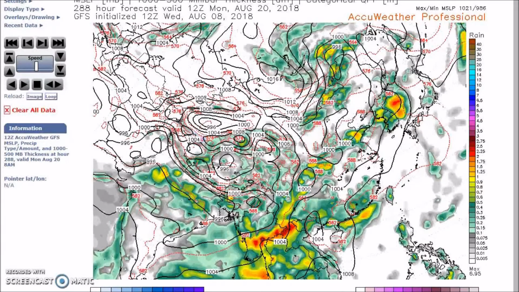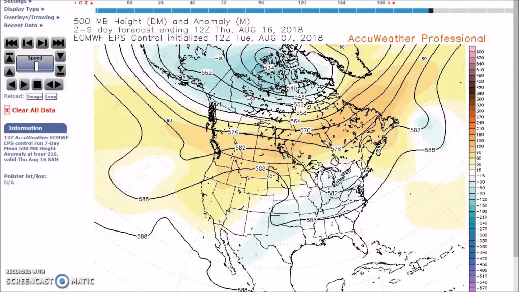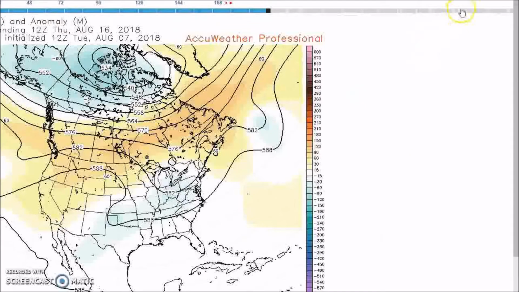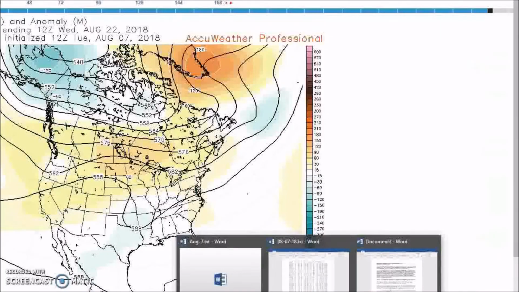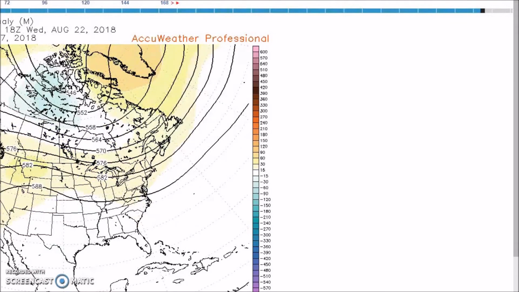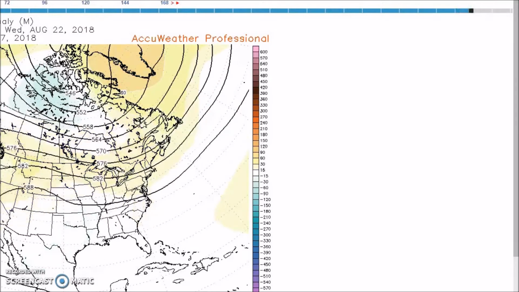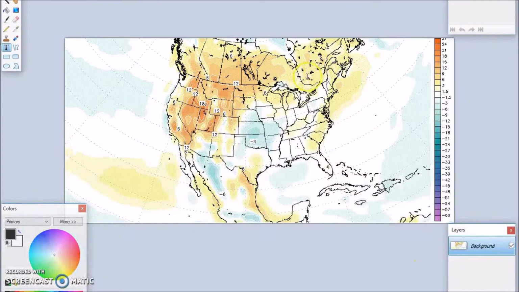Now there's a tendency for a weak trough here in the east. Let me show you that. Some of the models are showing it. You can see some kind of a curving down across the east central states. So there's a tendency for a trough, but temperatures will still remain above normal across much of the country. So for this forecast period, I'm forecasting above normal temperatures here and here.